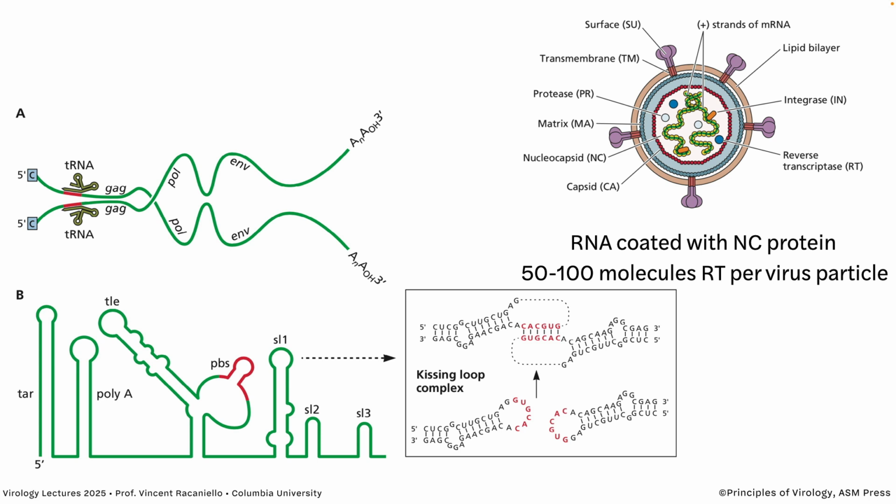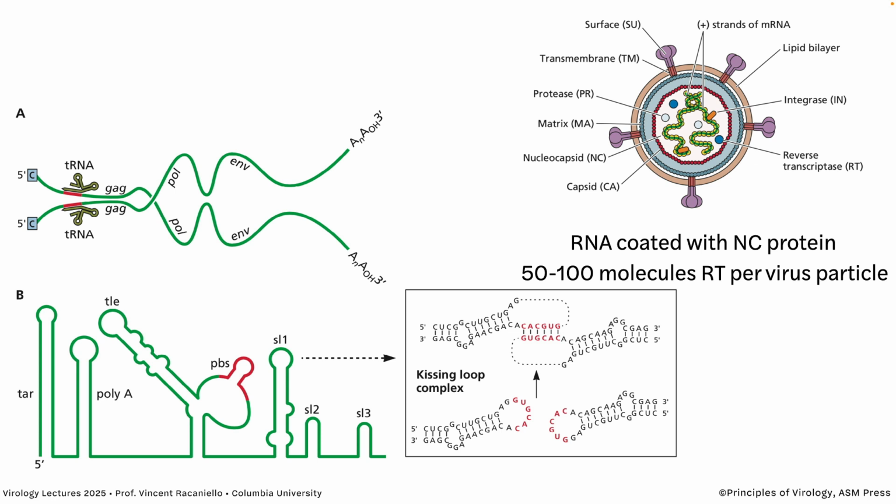Here on the right is how these 2 RNAs stay together. So the 5' end of the genome is highly structured, as you can see. And this S1 loop in particular, as shown here, bases within the S1 loop can base pair with an S1 loop from the other RNA. So basically, when you start with 2 RNAs, these sequences base pair. Isn't it cute? They call it a kissing loop complex. But they're basically hybridizing to each other. And that keeps them together in the virus particle. And you'll see the implication of that later when we talk about assembly.